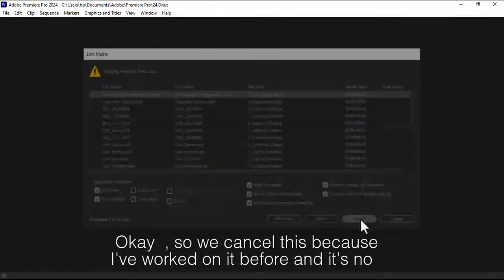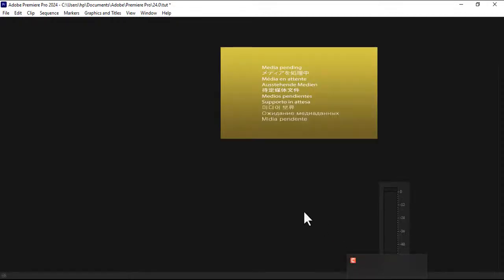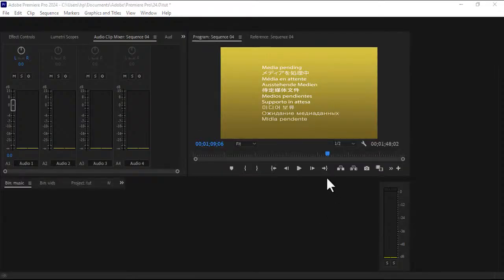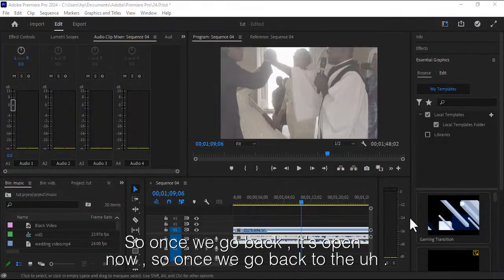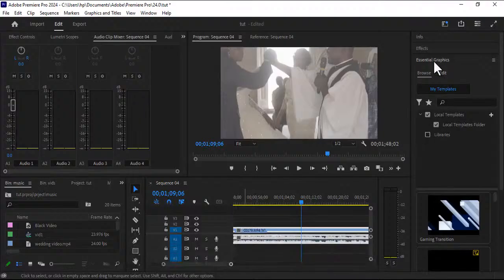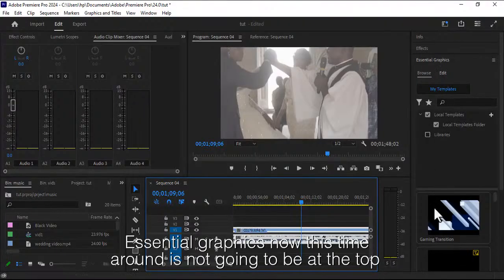We cancel this because I've worked on it before and it's no longer there. So once we go back, it's open now. So once we go back to the Essential Graphics, now